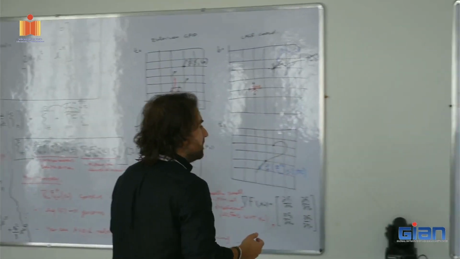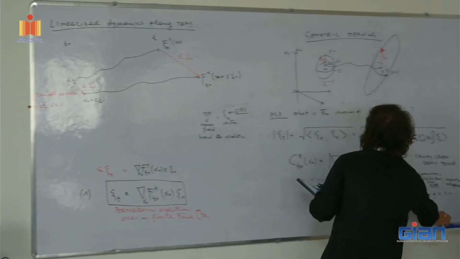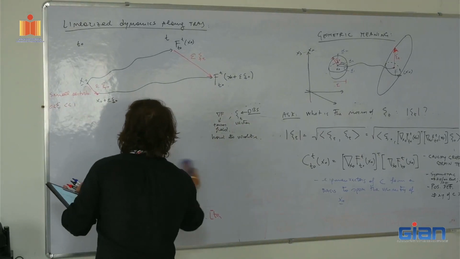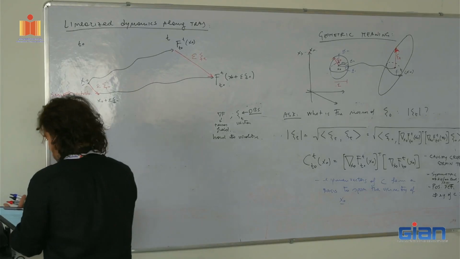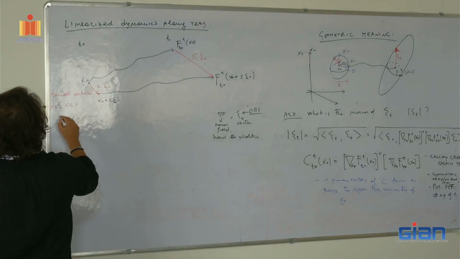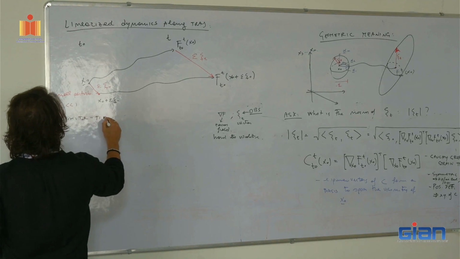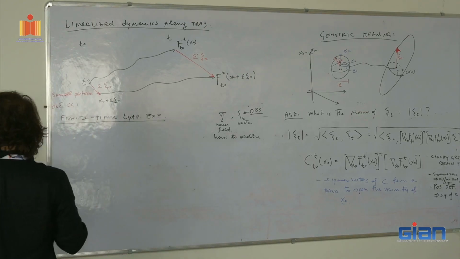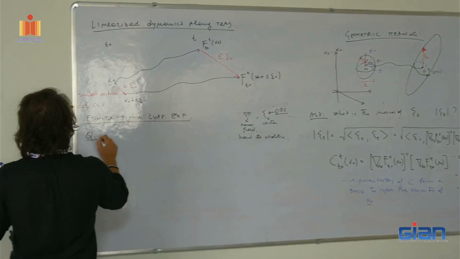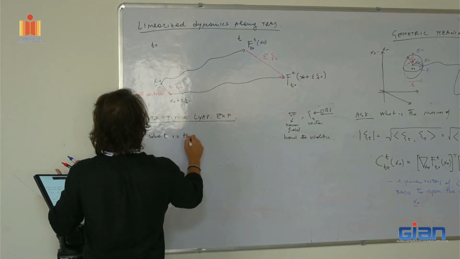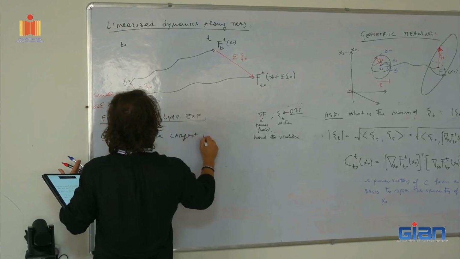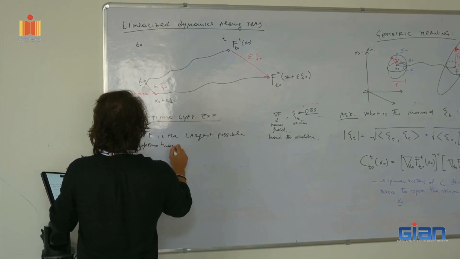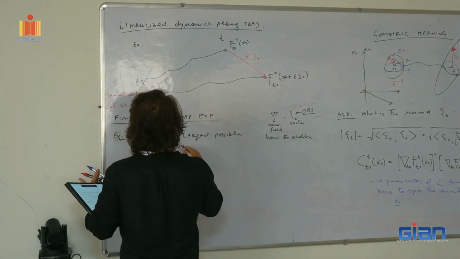So another interesting quantity that you can ask about is the finite time Lyapunov exponent, and you can ask basically what is the largest possible deformation of a material fiber